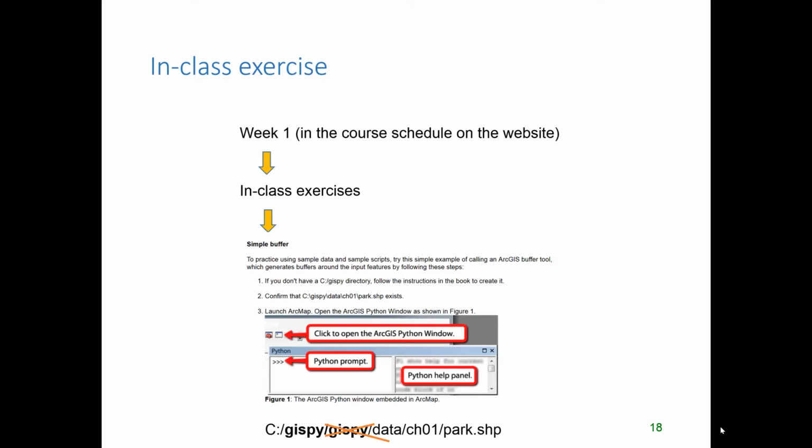Now we've completed the class introduction and we can get to the fun stuff. Let's return to the schedule and go to the in-class exercise for day 1. In this exercise, we'll use the ArcGIS Python prompt just to get your feet wet. First, you'll need to download and unzip the data, the GIS540 zip file, and place it under the C drive so that you have a